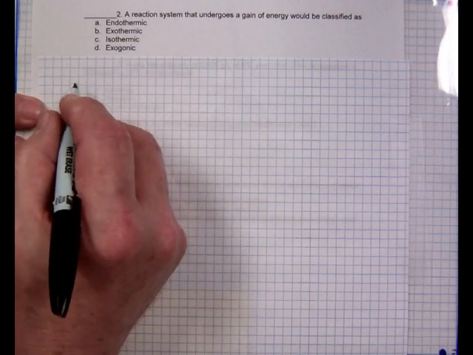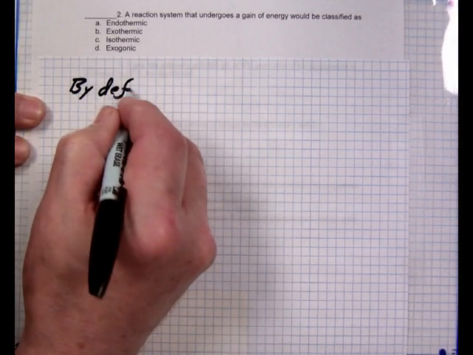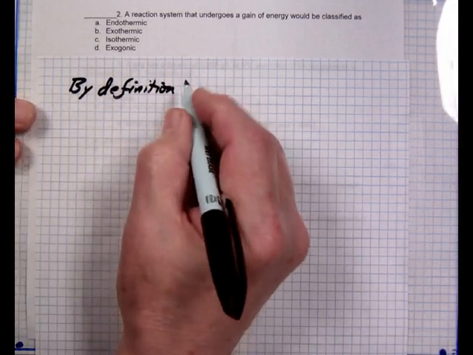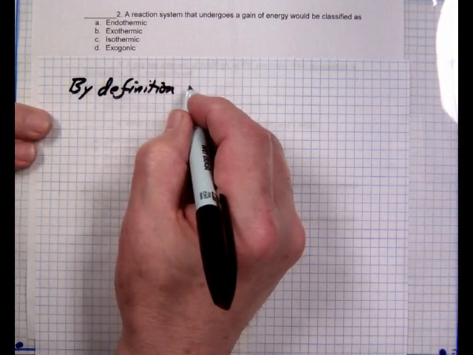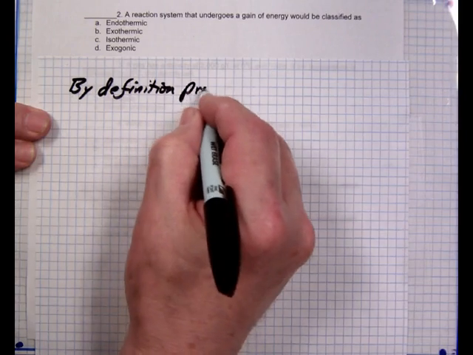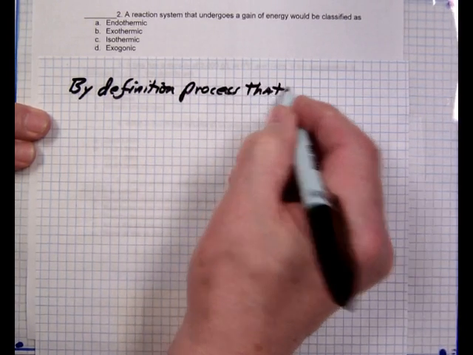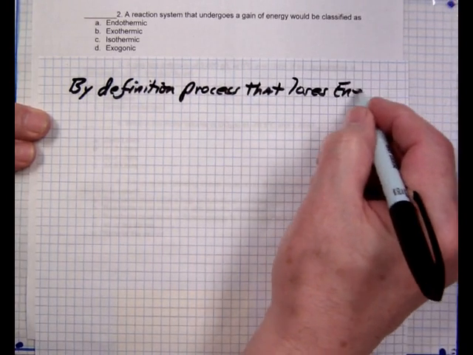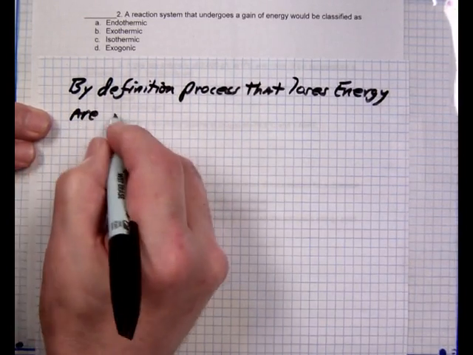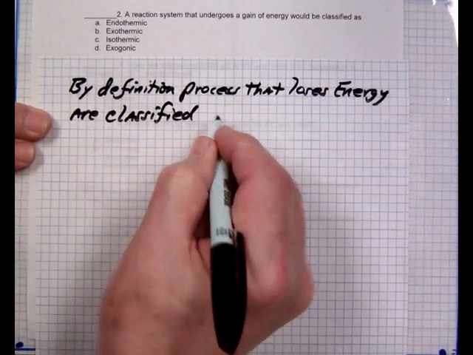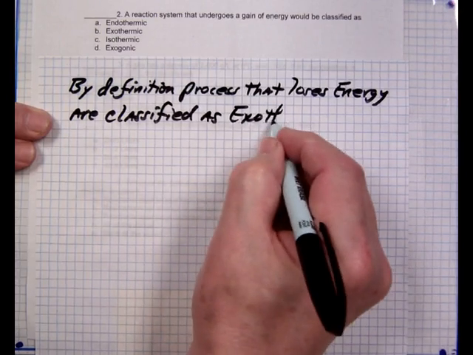Problem 2: a reaction system that undergoes a gain of energy would be classified as endothermic, exothermic, isothermic, or exergonic. By definition, processes, physical or chemical, that lose energy are classified as exothermic